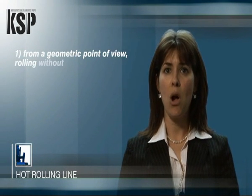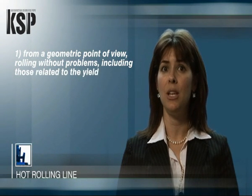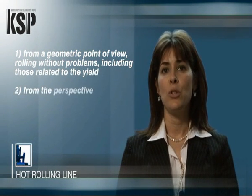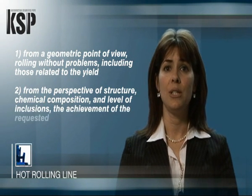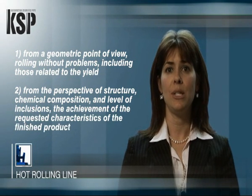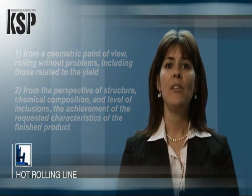The limits given to the steel producer are sufficiently restrictive to guarantee, number 1, from a geometric point of view, rolling without problems, including those related to the yield. And number 2, from the perspective of structure, chemical composition, and level of inclusions, the achievement of the requested characteristics of the finished product. Having a steel mill dedicated to the supply of the hot rolling mill under one sole responsibility, as in the case of KSP, is the basis for achieving and maintaining a constant level of quality in